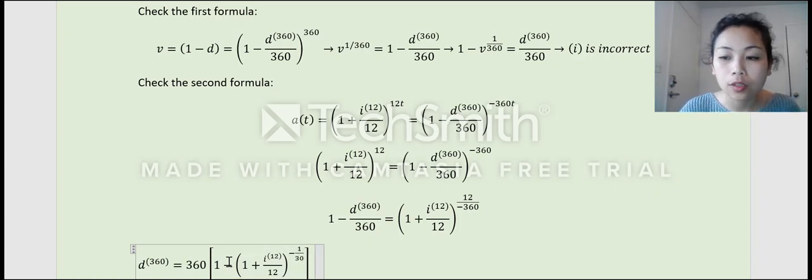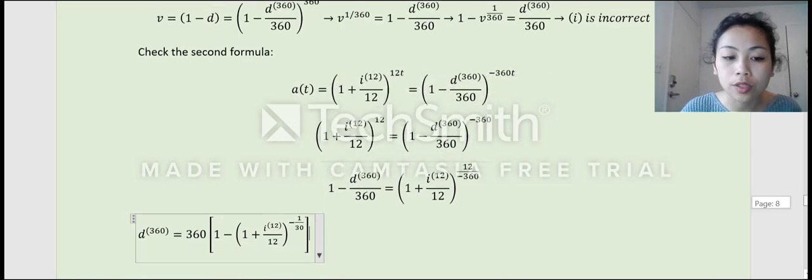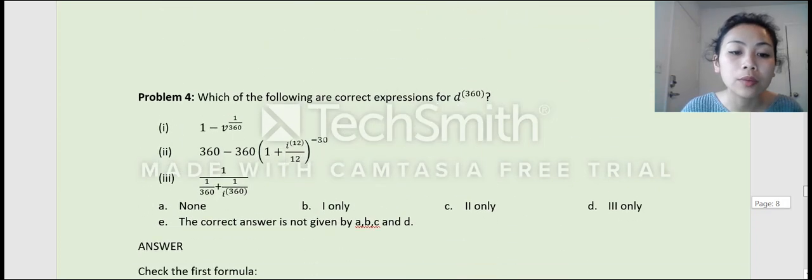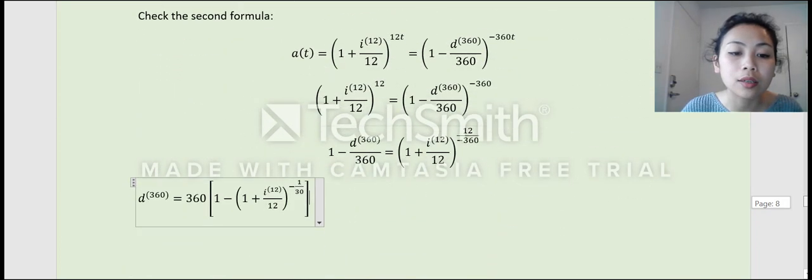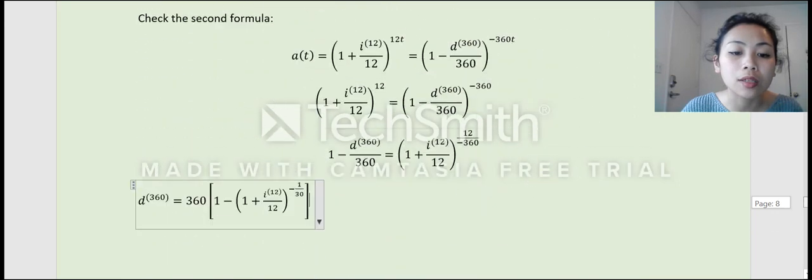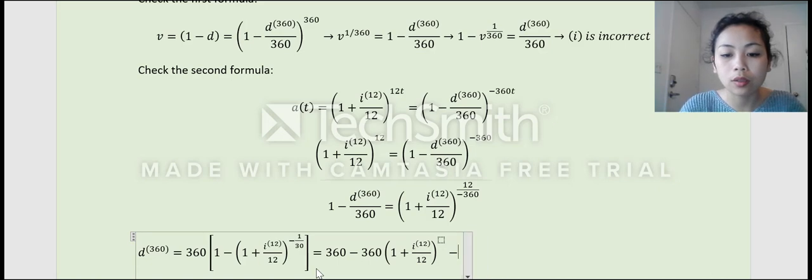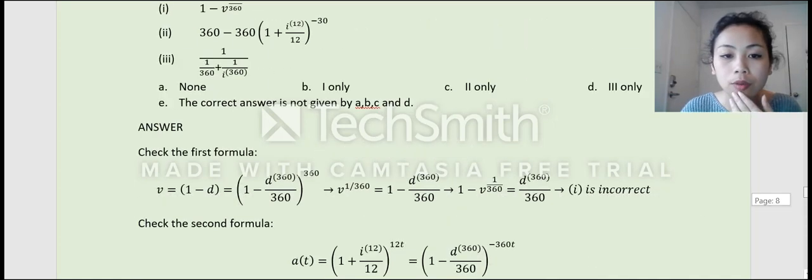This is the formula between d^(360) and i^(12), and we compare with the formula here. We see that they are the same, right? Because if you factor it out, that becomes 360 minus 360 times (1 plus i^(12) over 12) to the power of negative 1 over 30. So if you compare with the formula,